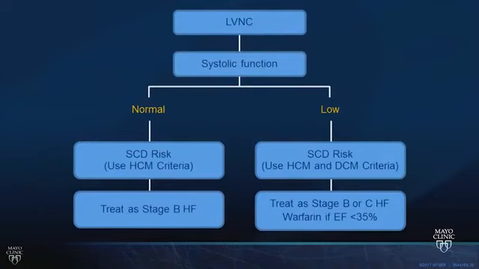Treatment of this, this is kind of my algorithm for how I approach patients with this. If they are presenting, I first look at their systolic function. If their EF is normal, then you could consider treating them as stage B heart failure, i.e. those at risk for developing heart failure because they have structural heart disease, and you might consider adding a beta blocker or ACE inhibitor, although there is zero data in patients with non-compaction to say that it's definitely going to be an effective therapy. This is extrapolating what we've learned about beta blockers and ACE inhibitors from the other dilated